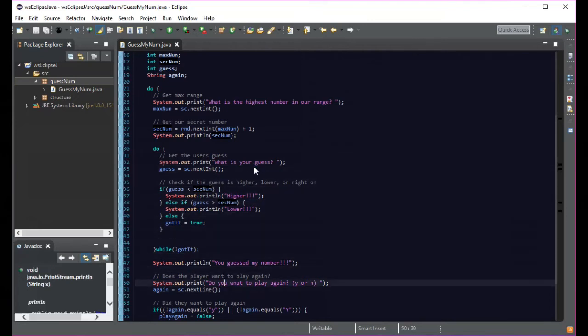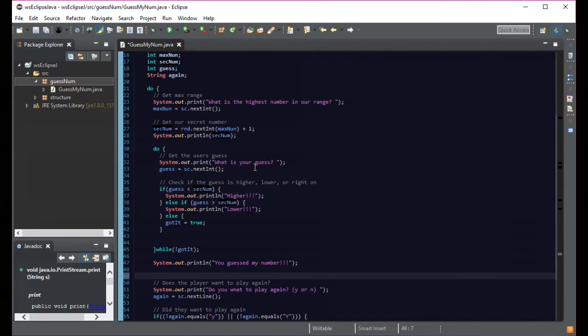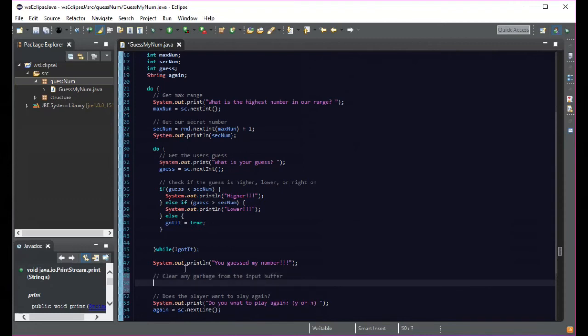The way we fix this is after our last get line here, or just before we go do our other thing right down here, we can clear that buffer by simply doing our scanner get line thing without assigning it to anything. So we can do this, and let's say, clear any garbage from the input buffer. Because we're just putting this without anything, it's not assigning it, it's simply clearing out the input buffer,